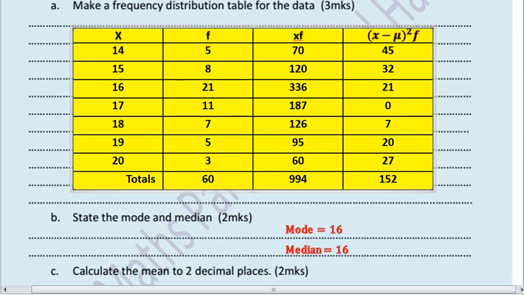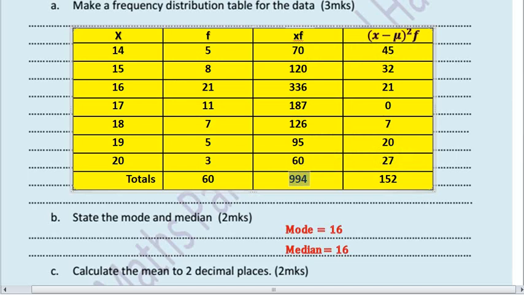Calculate the mean to 2 decimal places. To calculate the mean to 2 decimal places, I'll just add another column to this table which I already have. As you can see, I will not go about drawing another column. So I will just have this other column, x times frequency. So 14 times 5 gives us 70. 15 times 8 is 120. 16 times 21, right down to 20 times 3, which is 60. And when you sum all of this, you have